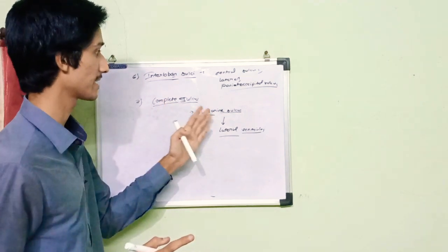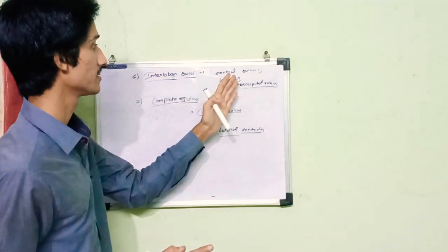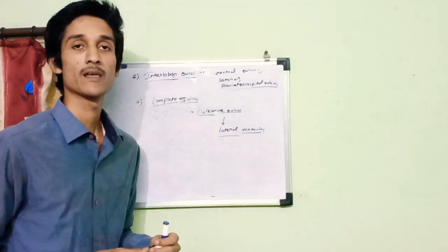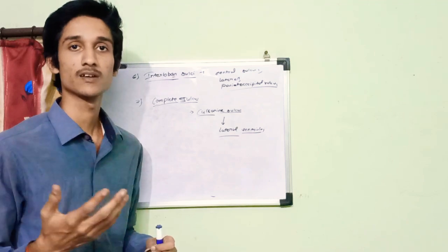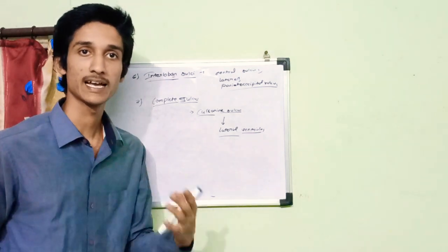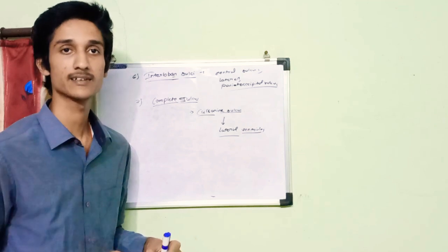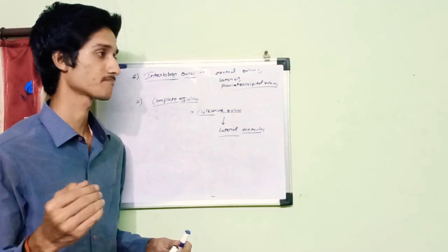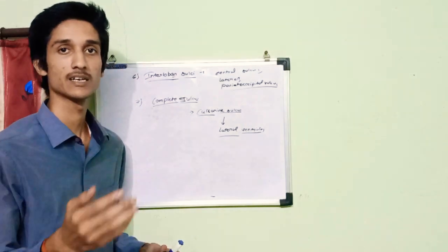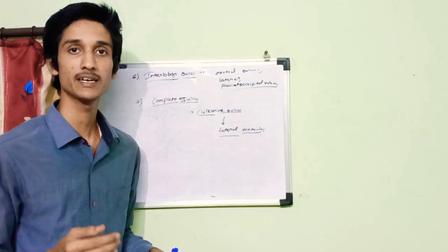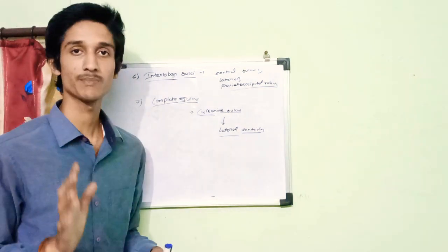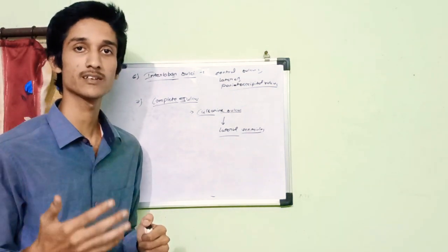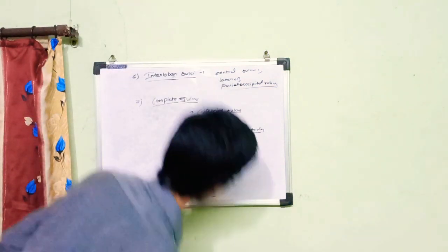The complete sulcus example is the calcarine sulcus. The interlobar sulcus examples are the central sulcus, lateral sulcus, and parieto-occipital sulcus. The primary sulcus example is the central sulcus, and the secondary sulcus examples are the lateral sulcus and parieto-occipital sulcus. The axial sulcus example is the precalcarine sulcus. The limiting sulcus example is the central sulcus. And the operculated sulcus example is the lunate sulcus. You just have to remember these sulci. We will discuss them in detail later. Okay.